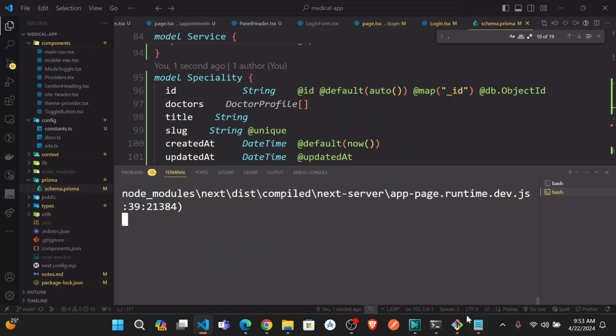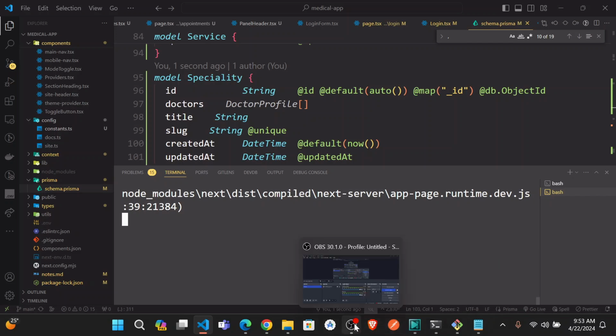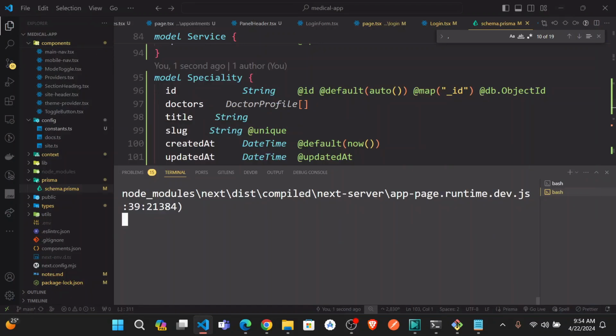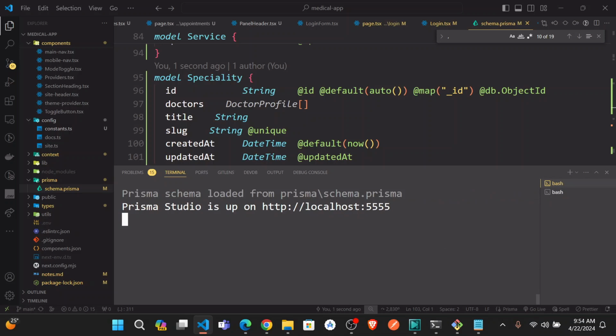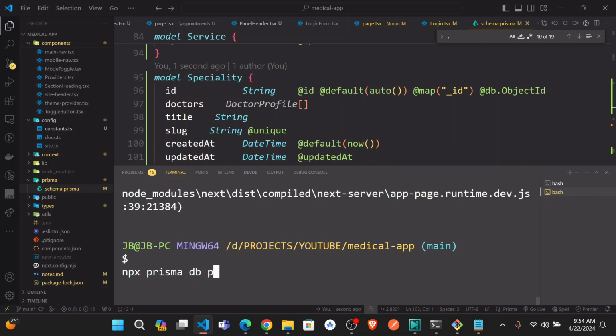Let me first see the time. So it is 1 hour 45 minutes. I think that is enough for today, guys. I'm just going to push. Let me first save this, and also npx prisma db push